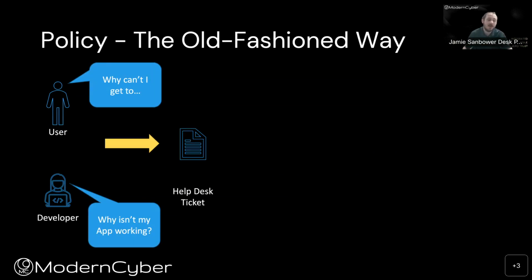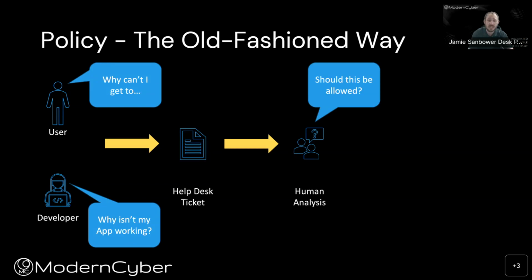And I will tell you, 99 times out of 100, we still find this is the common procedure. We get a lot of requests that are happening into operations that are simply a request to look at why they can't get access to a certain thing, why something's not working. And realistically, it comes down to a human process associated with this.